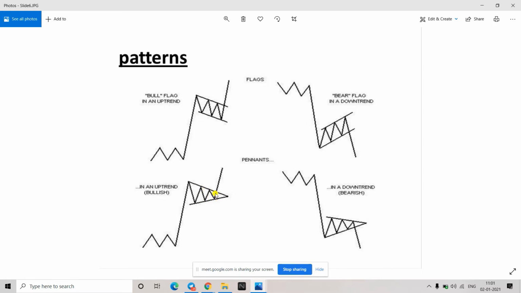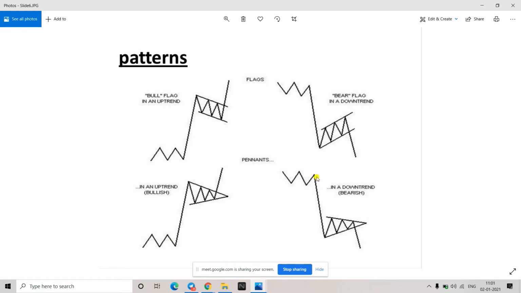So after reaching it here, somewhere someone has to dominate, right? So most of the time the domination will be of the buyers because the previous trend is of buying. So the domination will most of the time be on the buy side. So once the breakout happens, you can anticipate it will go up. Okay. Understood this point? And this is the pole in this also.